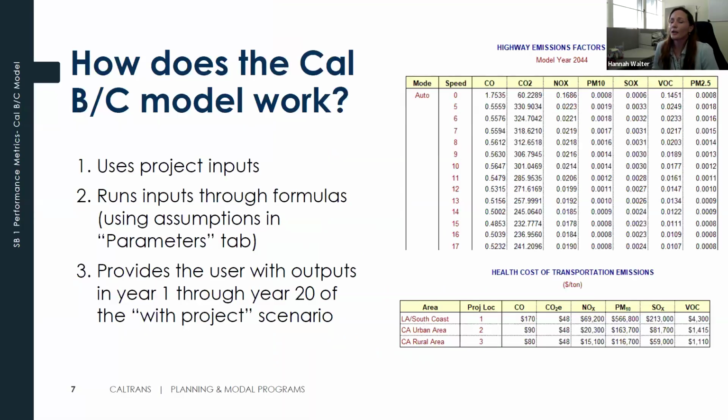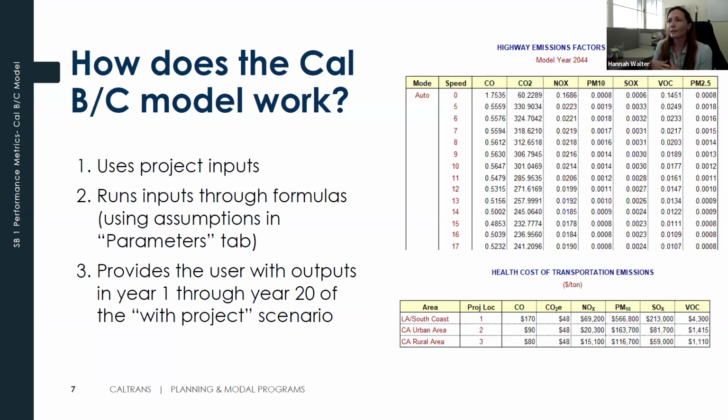So I'm trying to give you a high-level overview of the model without going into too much detail, but essentially the way the model works, you could think about it as a 3-step process. Right now, the tool itself is in Excel, so it's a spreadsheet model with multiple tabs. The user puts inputs into the first tab, and then that information runs through a set of formulas, and then it spits out the outputs.